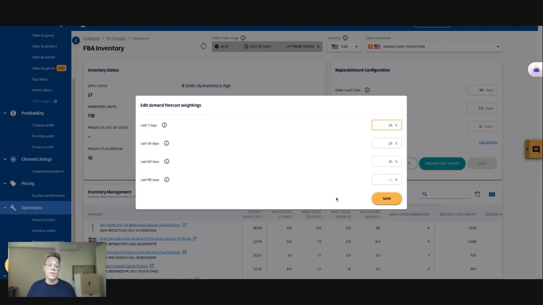And really what that means is we are creating a blended demand signal that takes a little bit of the short term, a little bit of the medium term, a little bit of the long term. Of course, if you want to just focus on, let's say, the last 7 days, because your rate of sale has really stepped up for some reason, and you think it's going to be maintained, then you can put 100% weighting against that particular demand signal and zero out the others.